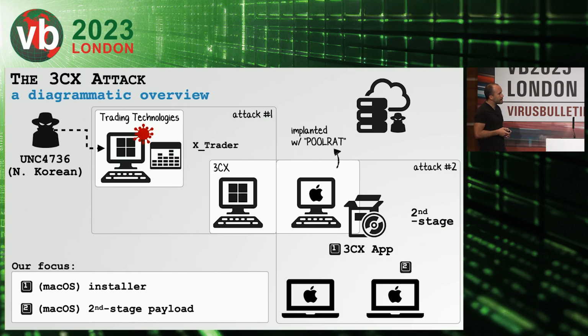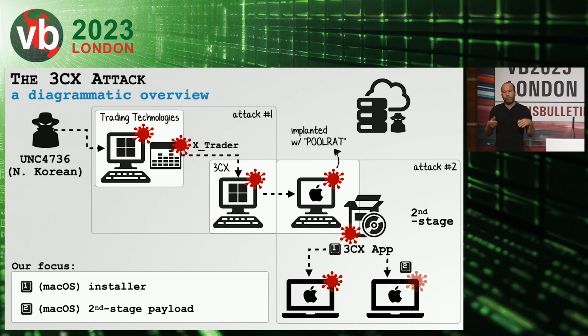Now, the 3CX attack is very interesting for a few reasons. First, 3CX is a company that creates VoIP application and PBX software, and has clients and customers around the world, on Windows, Linux, and Mac, especially in the enterprise. The way the attack unfurled is interesting because it was perhaps the first chain supply chain attack. And what I mean by that is, there was one supply chain attack where an